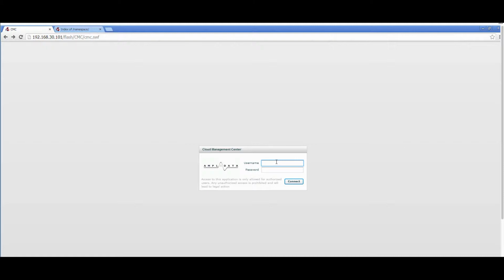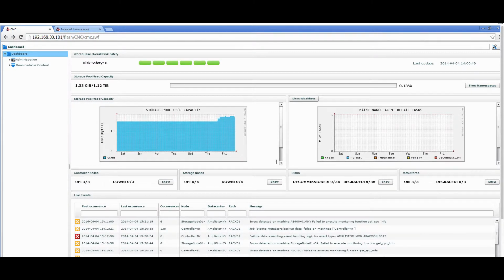So let me log in first as an administrator. Once I log in, you'll see that we have access to the capacity overview, the current events, the number of controller nodes and storage nodes that are installed, the number of drives that are in decommissioned or degraded state, and the total disk safety, as we call it, which is the level of tolerance that we currently support in the